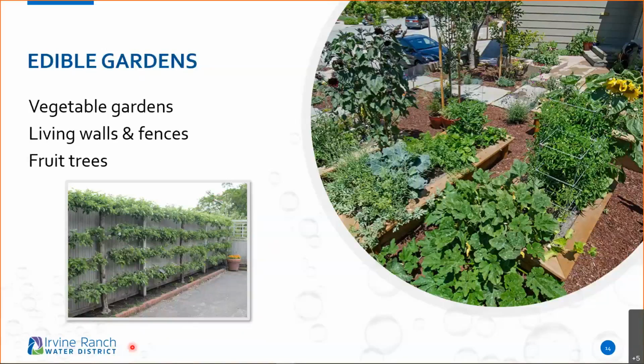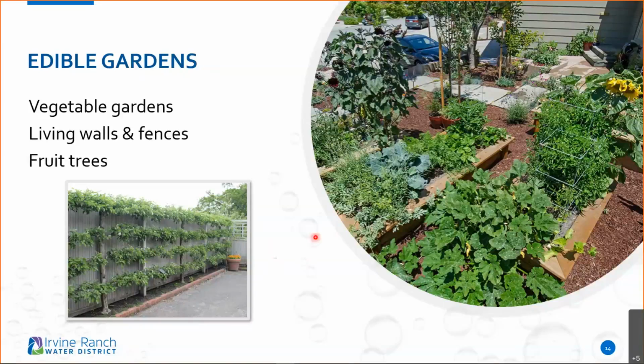Here we have a nice living fence, and you can use apple trees or pear trees to create this nice living fence of edible fruit. Look at these big, giant vegetable beds out there. But one thing about vegetable gardening, when it's something this much: edible gardens do require water, but it's at very specific times, whether it's fruit trees or vegetable gardens. And this is also a good use of water, right? Because you're going to be utilizing that material, whether it's eating it, giving it to friends, and so forth.